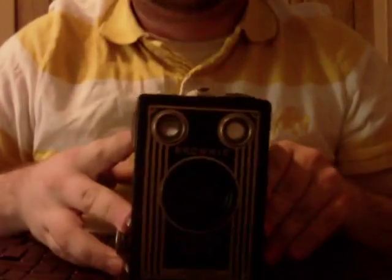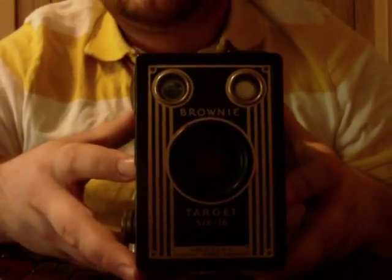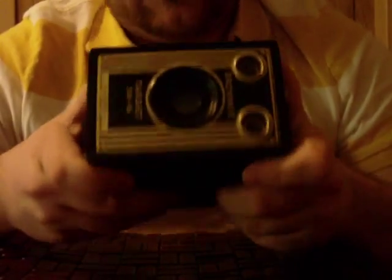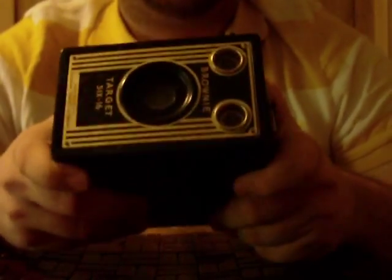Recently at a local thrift store, I picked up this, which is the Brownie Target Six-16, which shoots a 6:16 film, which is no longer in production. And my thought was, I want to shoot this camera. So, what do I do? Well, I opened the camera,